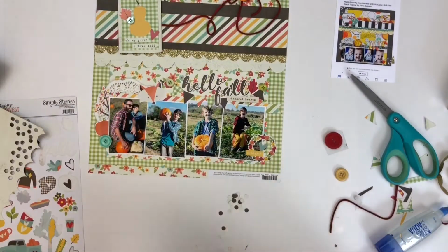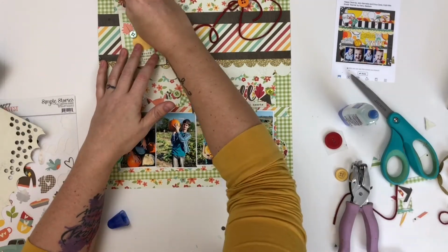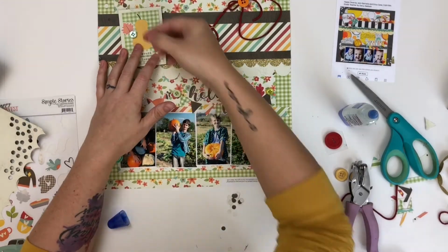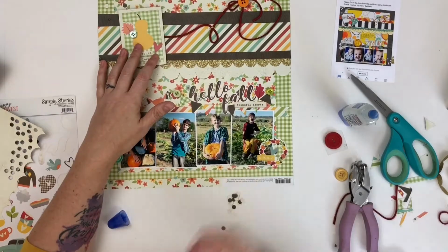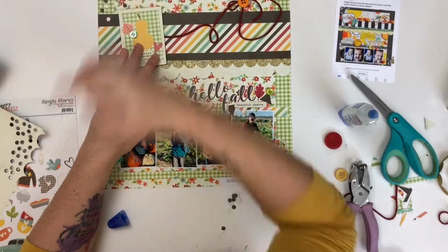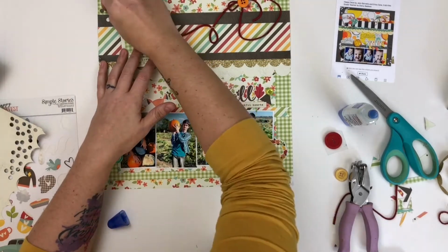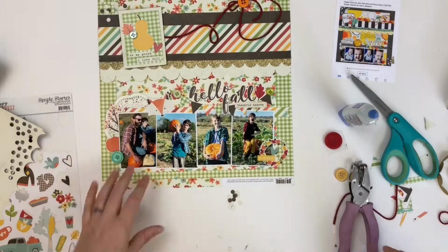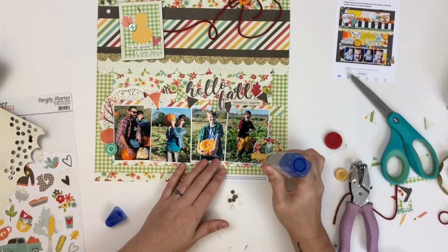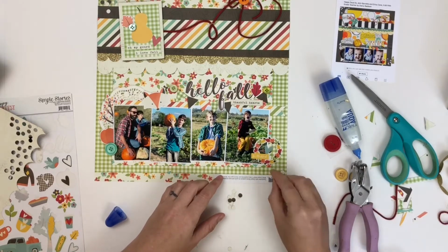which is a common embellishment in digital scrapbooking. So I just used my hole punch and it made a bunch of dots, and I'm going to just put them down one by one with a little bit of liquid glue, kind of haphazardly, making sure that some of them are overlapping each other to recreate that look. So I have some in that corner, and now I'm going to do the bottom corner,